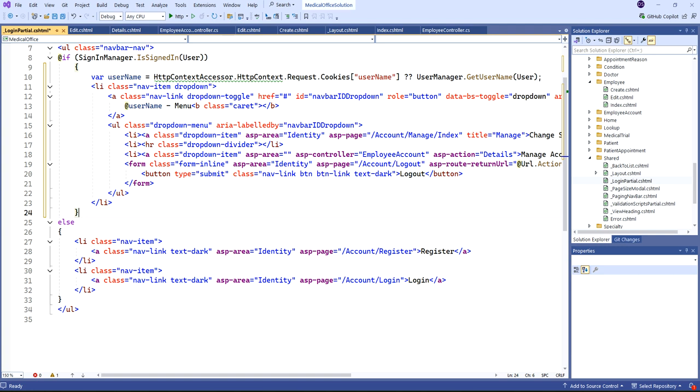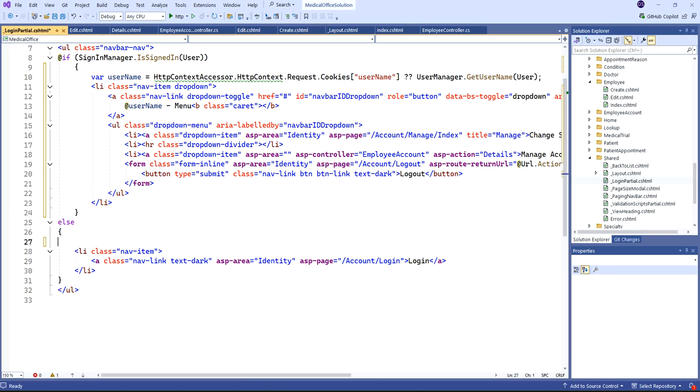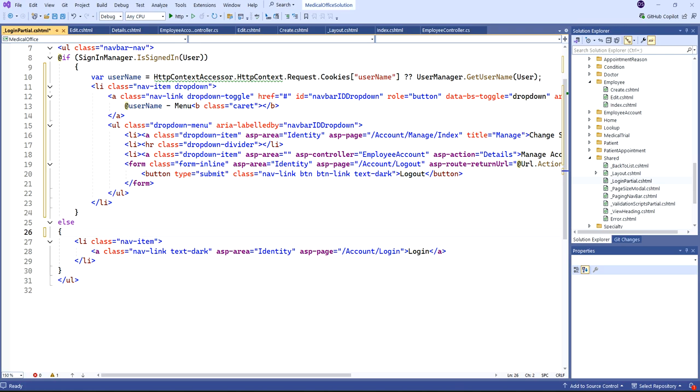Now the else, okay, we're going to get rid of the register link, right? No one's going to register themselves. This is an internal use only application. So people don't need to be able to register on it. That's not something that we're going to even allow them to do. Okay. All right. So let's get back now to the actual